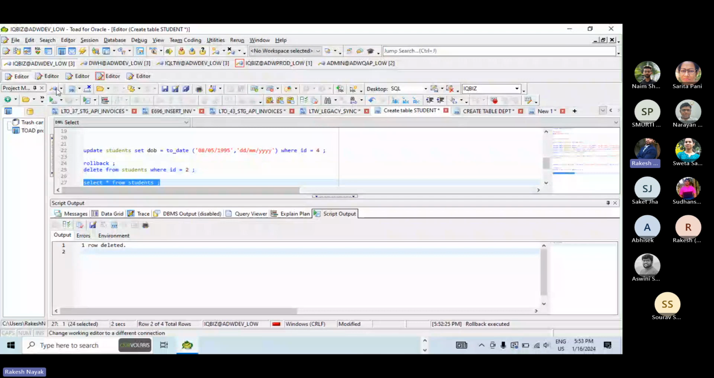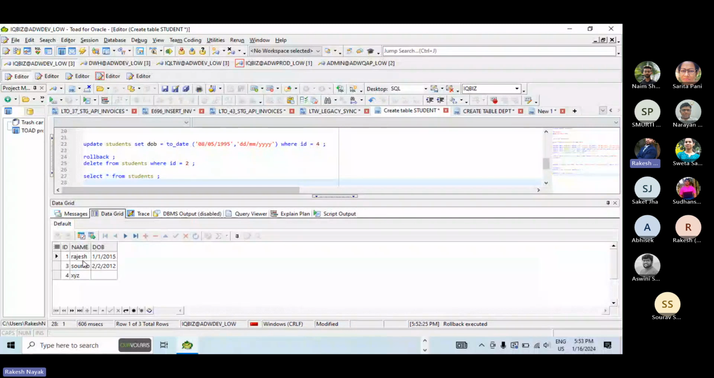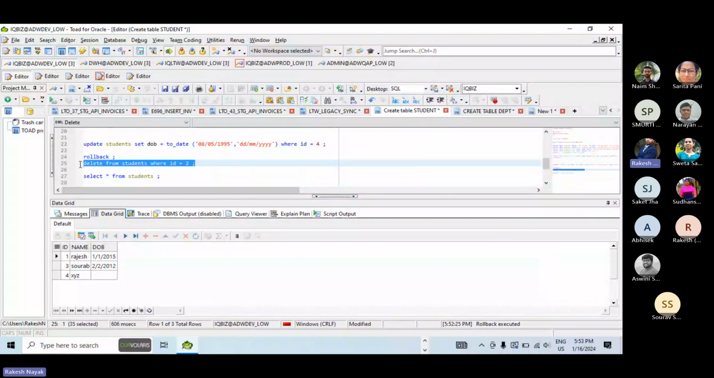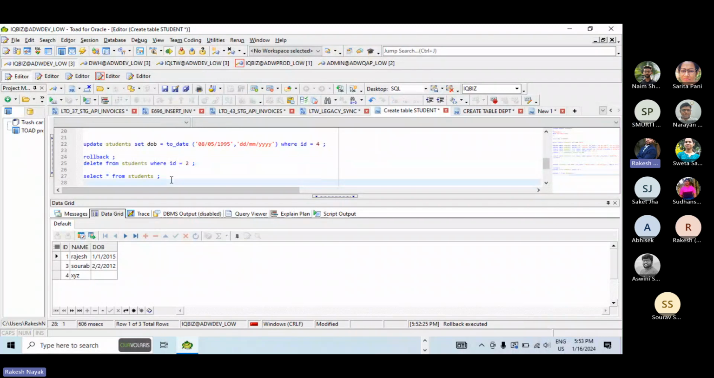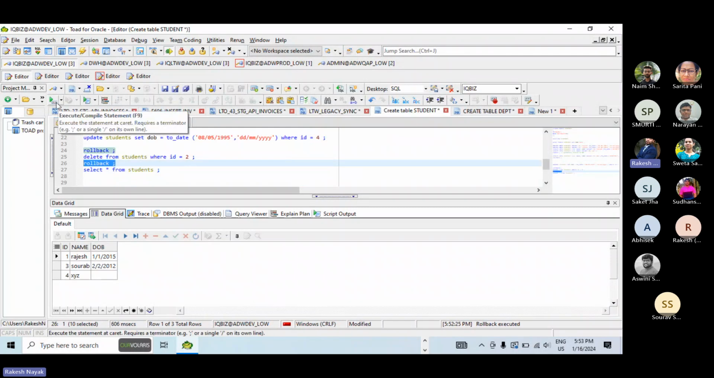Say by mistake I have deleted it. There might be such an issue, right? Sometimes by mistake we delete records. So I want to get this deleted record back. What I have to do is roll back. Roll back means if I click roll back after delete and execute,